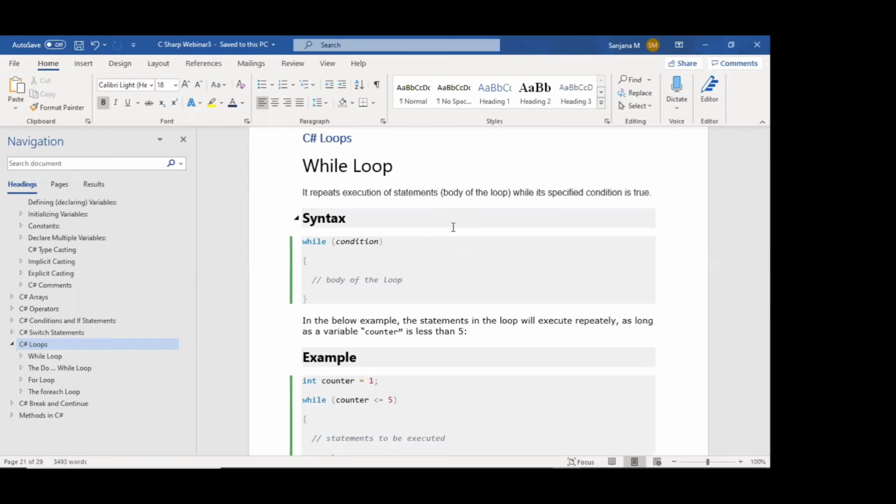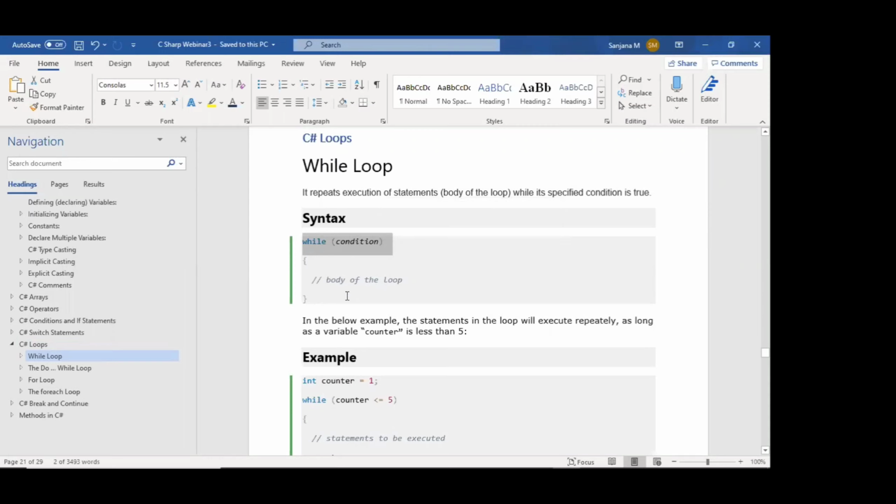Usually all the loops iterate, executing a set of statements several times. For the while loop syntax, it will be like while, and in parentheses we specify the conditional expression, whatever it is.